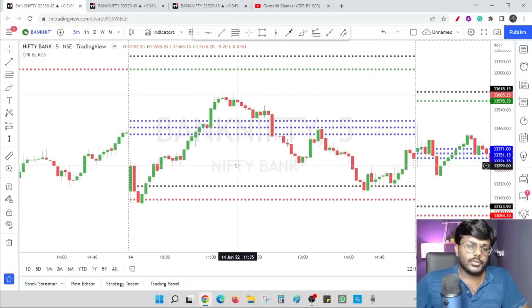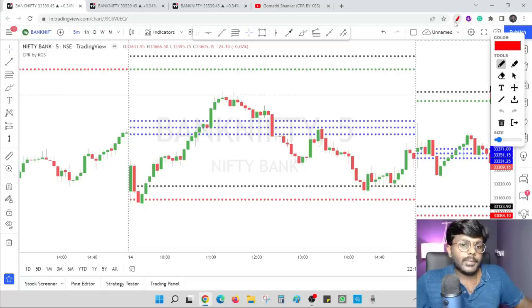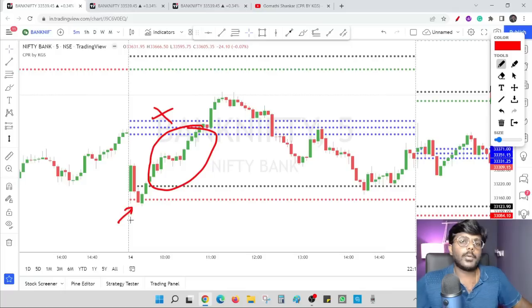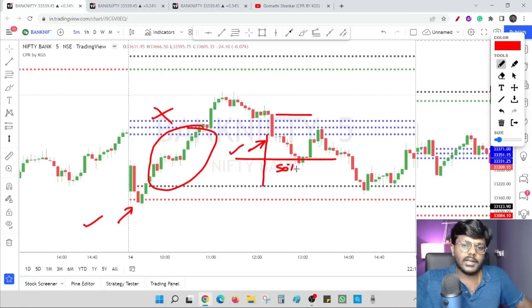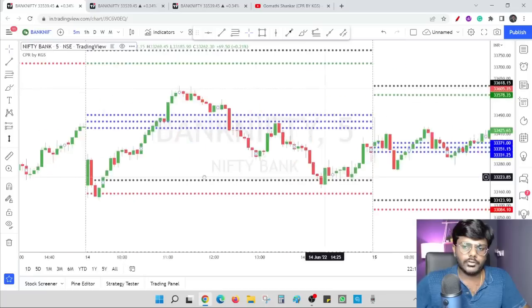Now on 14th of June, as I said earlier, if the prices are going towards daily CPR, I will not take a long position. Now here S1 and previous day low is broken. Will I take a short? Yes, I will take a short position. My stop loss is hit. And when the prices are coming below daily CPR, I will take a short position. My stop loss is above daily CPR. My target is the 50% level, my first target. And finally, my second target is S1 and previous day low. So 14th of June is an awesome day.